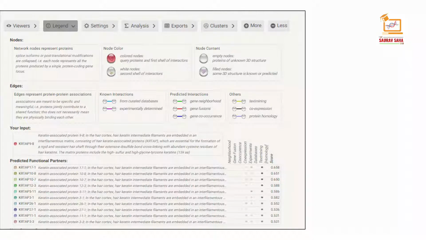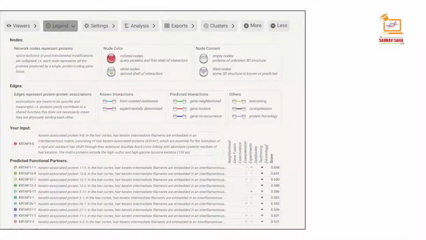Nodes means network nodes represent proteins. Again, nodes: colored nodes and white nodes. Colored nodes mean the query protein and the first shell of interactors. Every dot or circle represents a protein and the lines represent the associations.